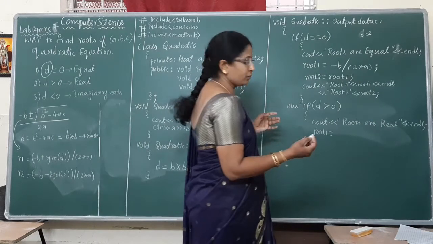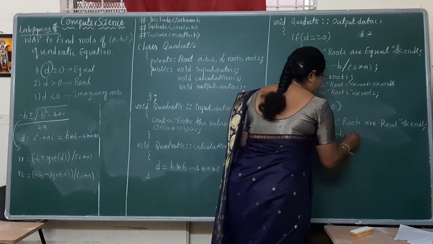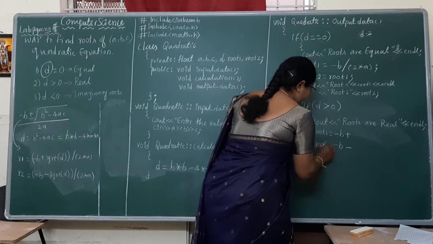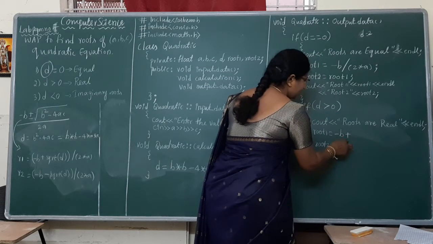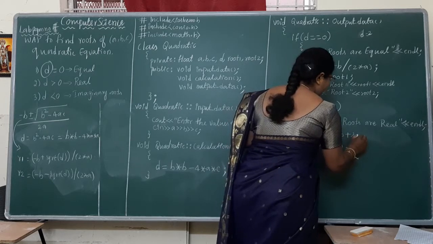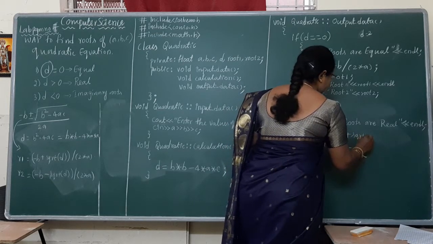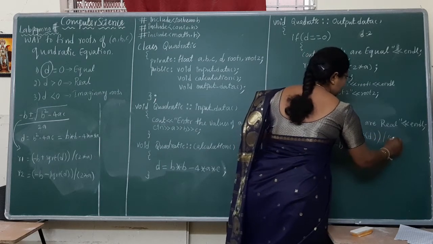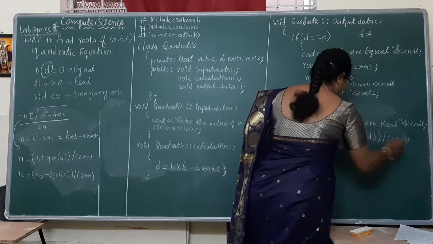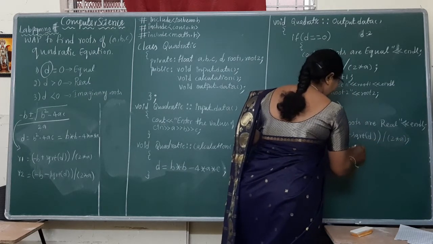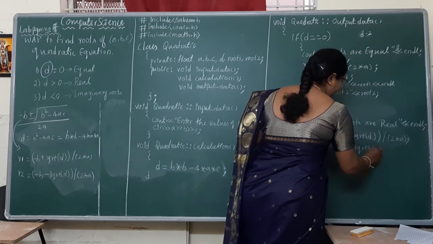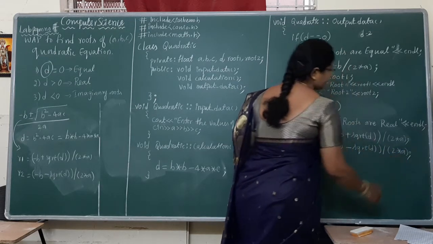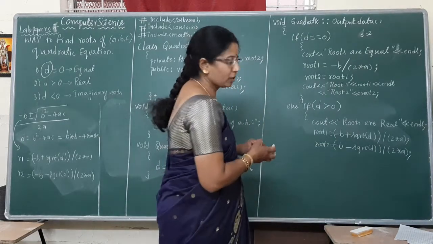No need to remember the signs for a longer period. Plus, minus, that's all. Both formulas are the same. Just here it is a plus, here it is a minus. Minus B plus square root of D whole divided by 2 into A. Minus B minus square root of D whole divided by 2 into A. Did you get it?